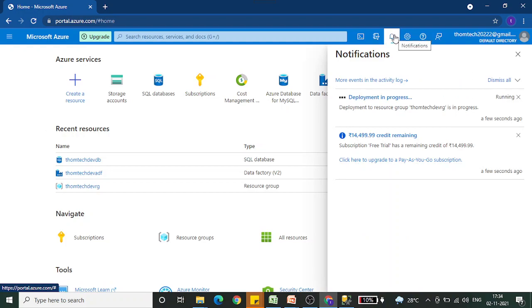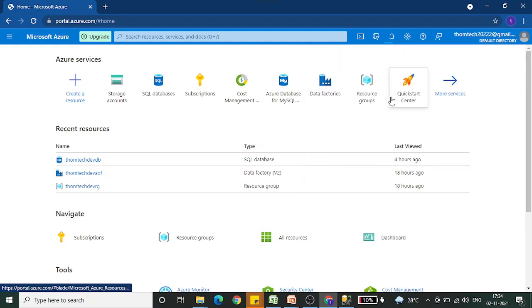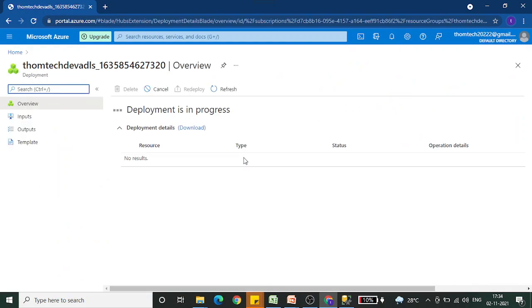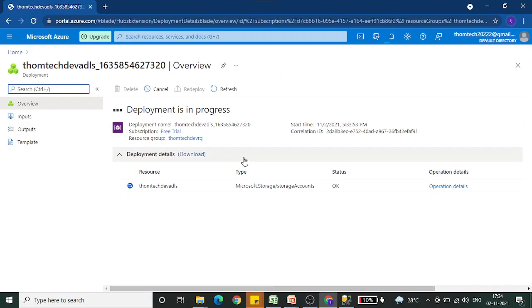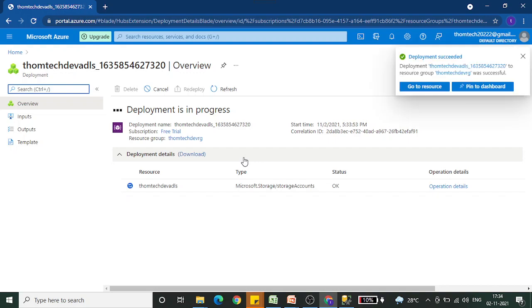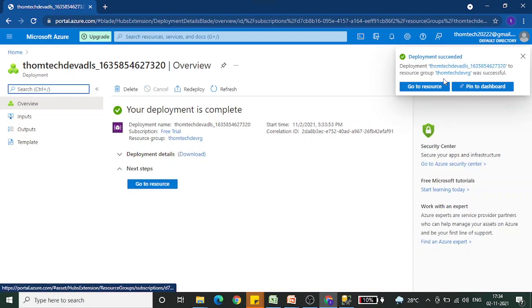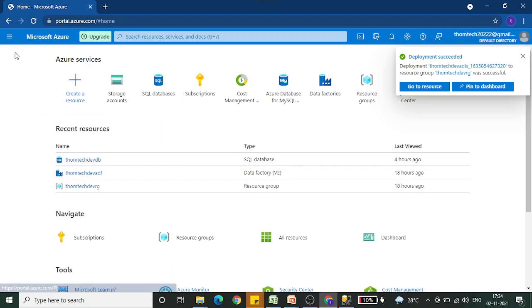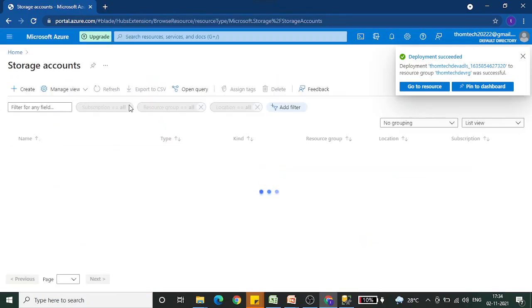Let's check the progress. Okay, see, it's completed. Let's go back and select the storage account.